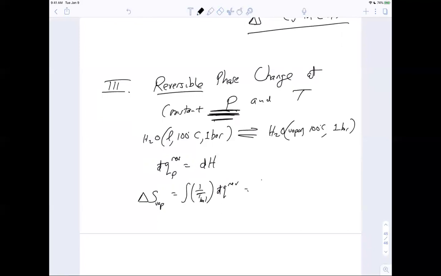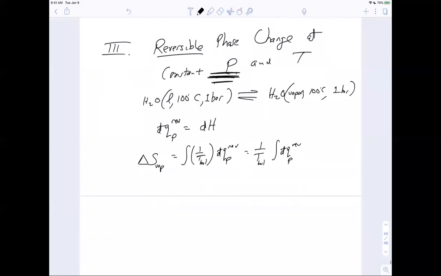And that's going to equal 1 over T boiling times the integral of dQ reversible at constant pressure. Sorry, that's at constant pressure because this process is occurring at constant pressure. But we know that dQ reversible is equal to dH. And so delta S vaporization is equal to 1 over T boiling times the integral of dH